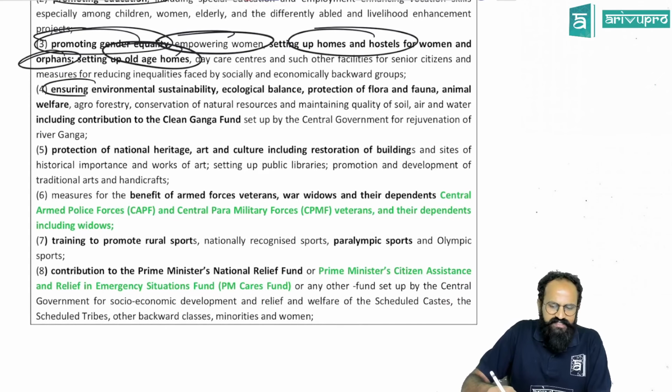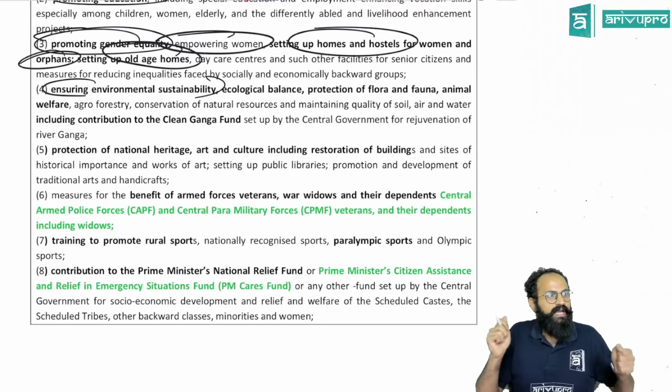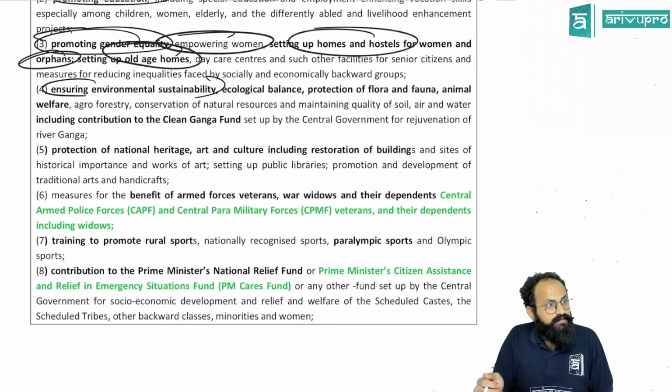Ensuring environmental sustainability. What is this? Towards environment, do not use plastic. Do one campaign, meaning whether it is being done properly or not. ROC. Why is there no dustbin? There should be a dustbin. Correct. Then why is there no dustbin?